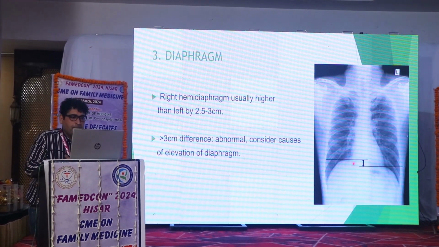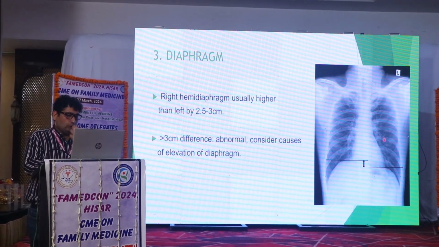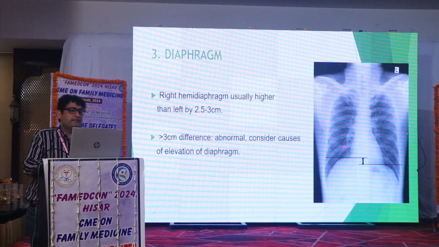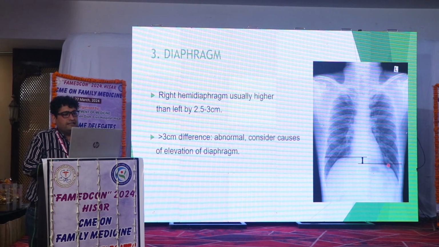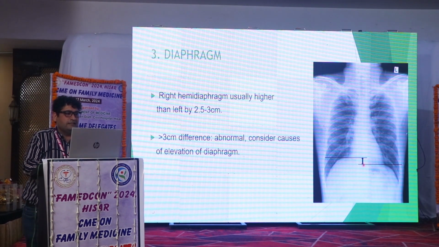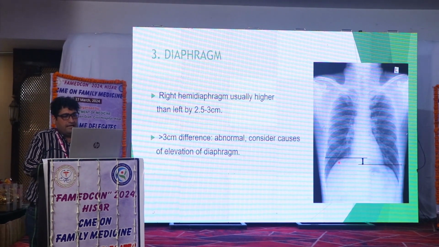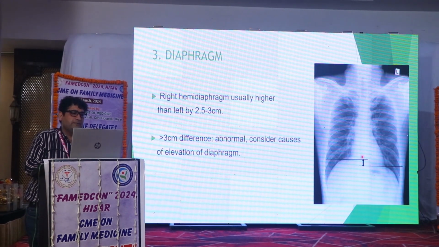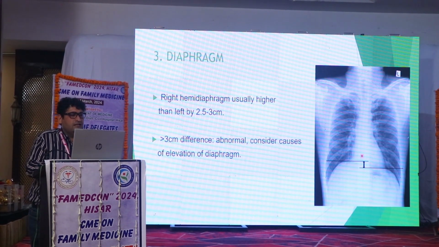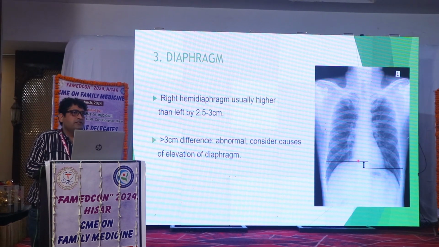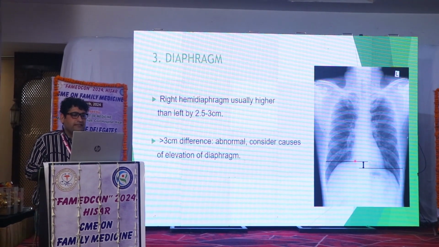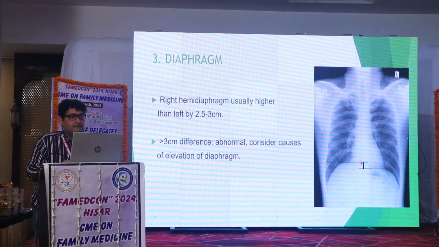So now coming to the diaphragm. A lot of times there is a misconception, someone says the right diaphragm is elevated, someone says the left diaphragm is elevated. So how will you say? The right diaphragm is usually always higher than the left side, and it is approximately 2.5 to 3 cm higher. It is always higher. If it is more than 3 cm, maybe 4 cm or 5 cm, then you must consider elevation of the diaphragm. The cause can be anything. It can be due to diaphragmatic palsy, or some liver pathology, some abscess, anything. So this criterion is important. If it is only a 3 cm difference, then you can relax. Otherwise, you have to think about the cause.